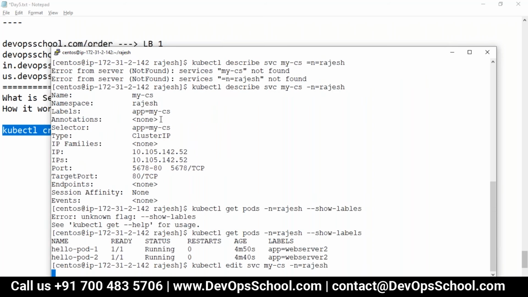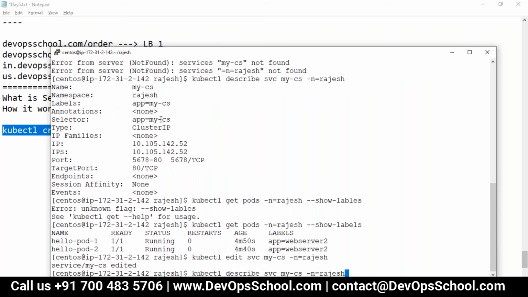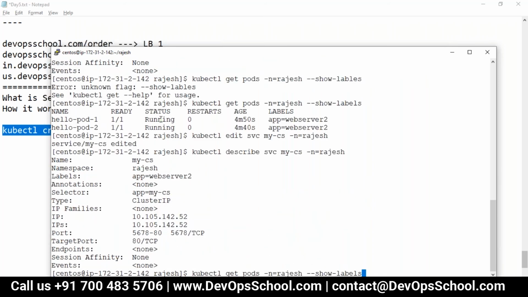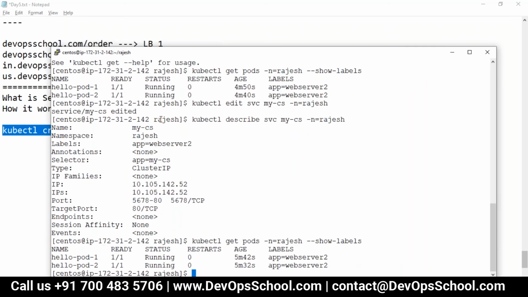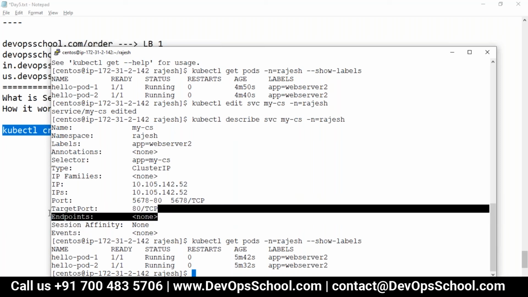Now let's check it out. This is the service and this is the label. Now it is matching, right? Is it matching? Yeah. But still the endpoint has not got any pod IP addresses.